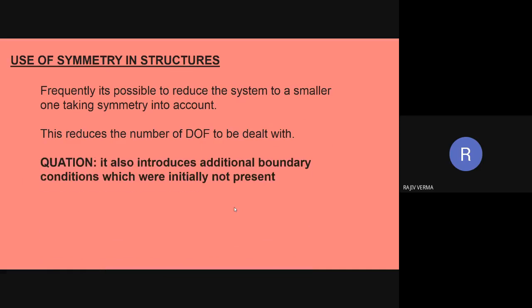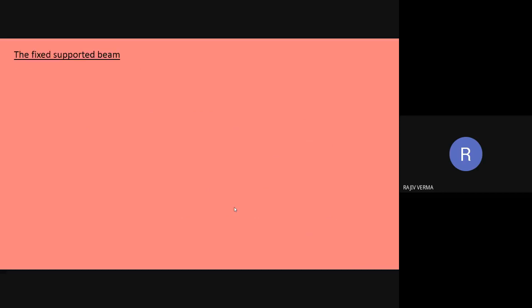But there is a caution also, that it also introduces additional boundary conditions which were initially not present. And this is going to be illustrated with the help of an example. So we are going to take an example of a fixed supported beam, and